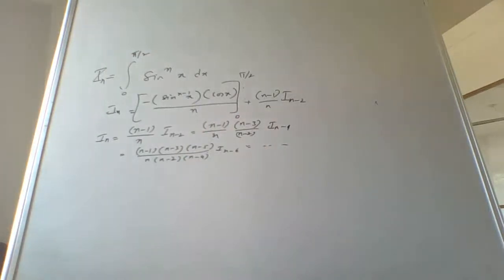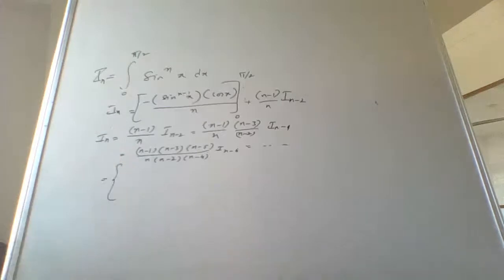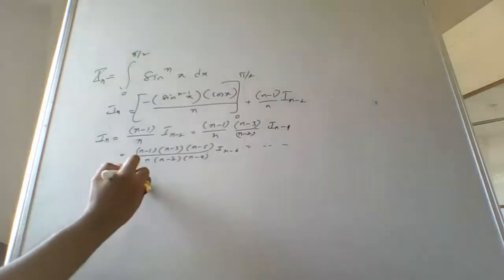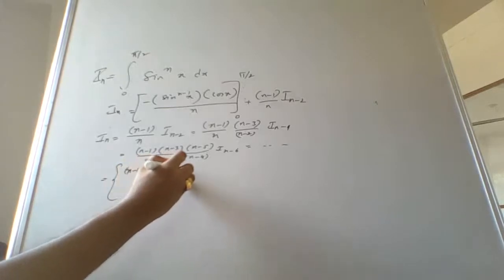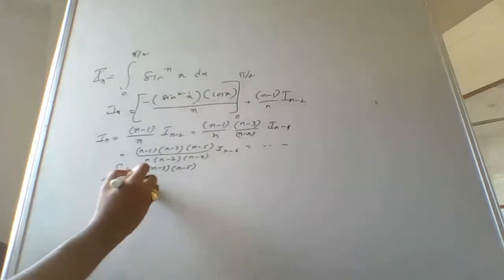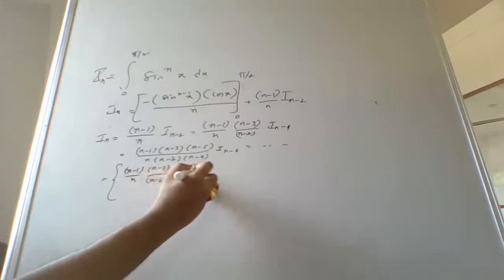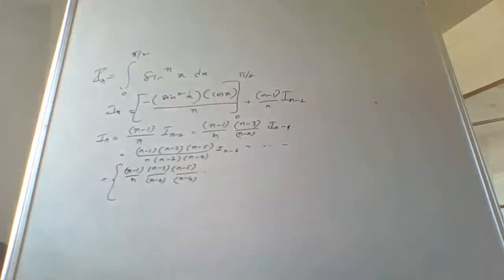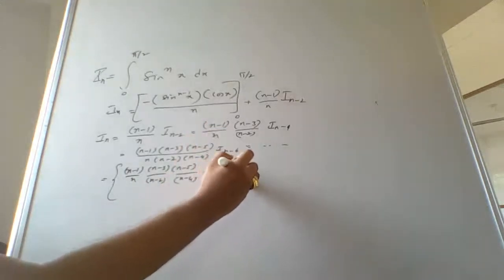Now we have these two results, that is n minus 1, n minus 3, n minus 5, divided by n. This is n minus 2, and this is n minus 4. And the last result which we get is 2 by 3 I1